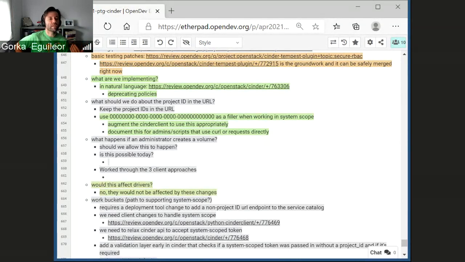So I am an administrator, but I am a project administrator. So if I say, give me all tenants volumes, it must fail. It must tell me, what do you mean all tenants? You don't have access to all the tenants. Either fail or silently ignore and just return the ones they can see.